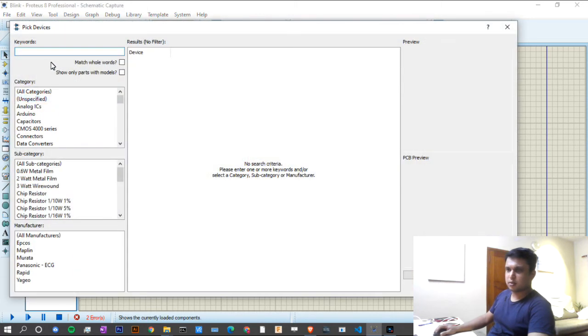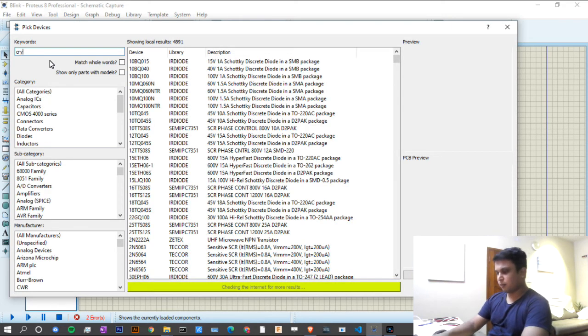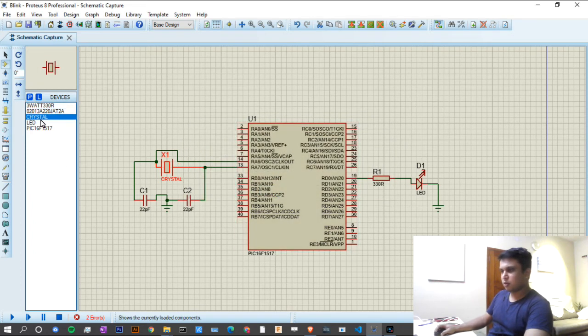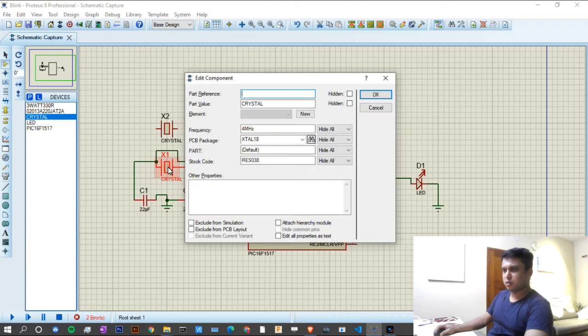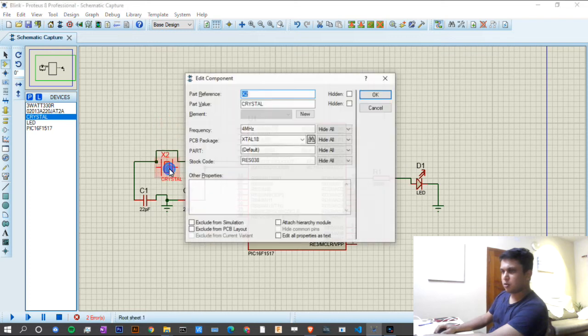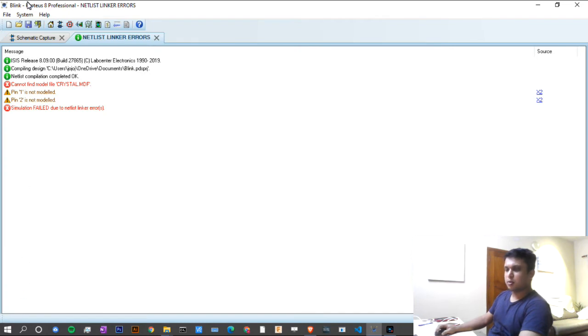The crystal is the issue, so we'll change it. We set the crystal frequency to 2 megahertz. Okay. When we run the program again,